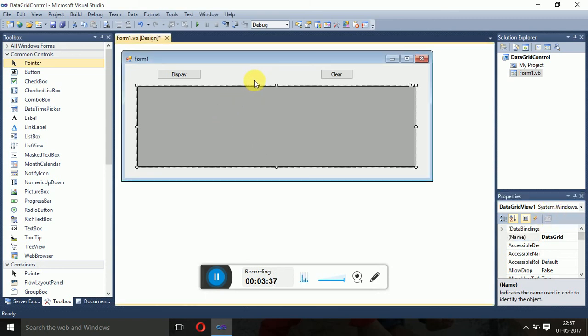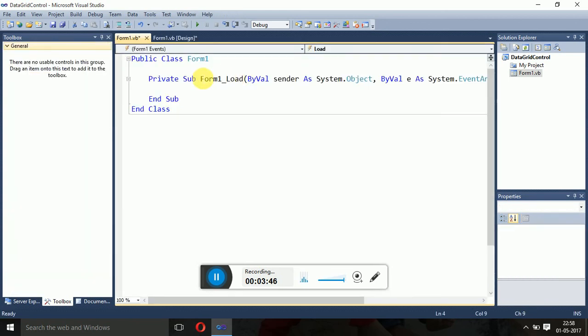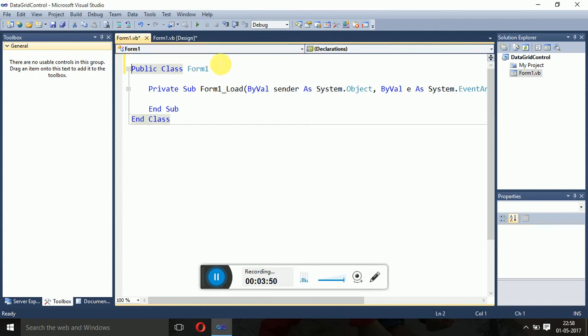Now after changing the name, what do we have to do? We have to click on the form. We double click over the form, then the code window will open. Now move the cursor over Public Class Form1. Now we will use the namespace Imports